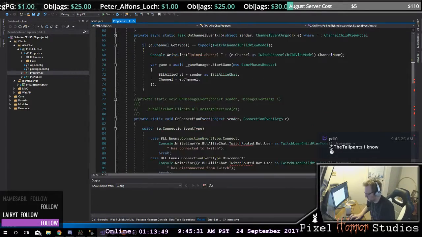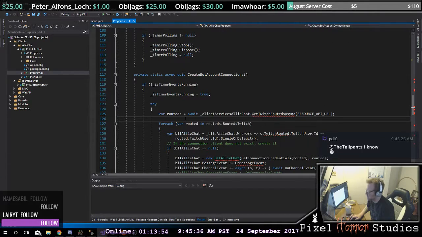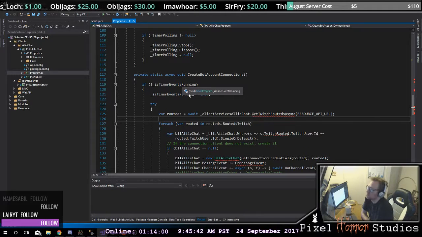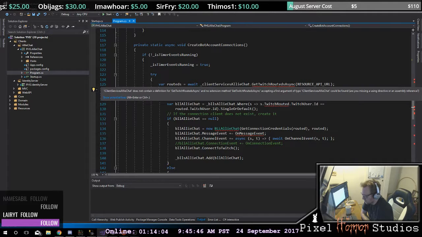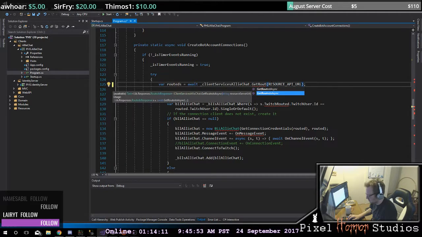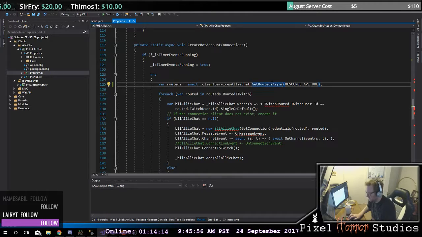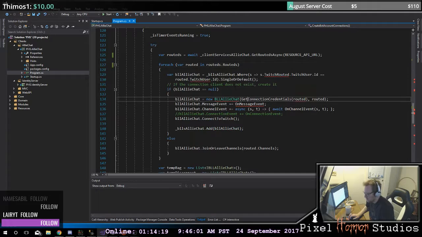So when this ticks, I'm going to do something called create bot connections, which is down here. So here, if my timer events are not running, now we're going to say that they're running. Now what we want to do is get routeds, for each routed in routeds, and create a BLL chat where